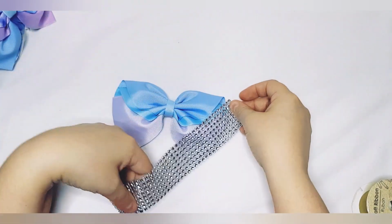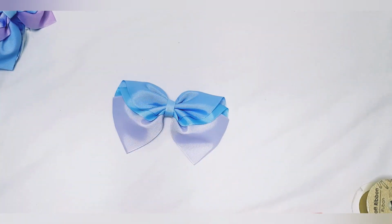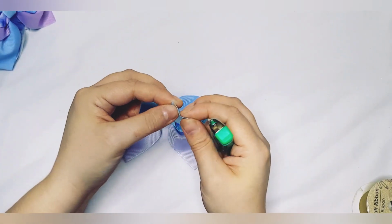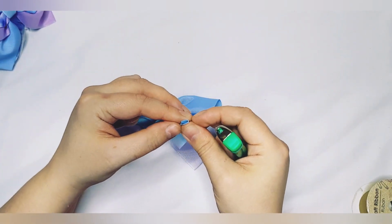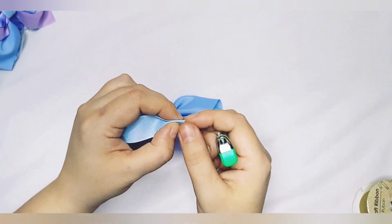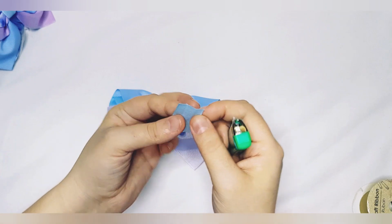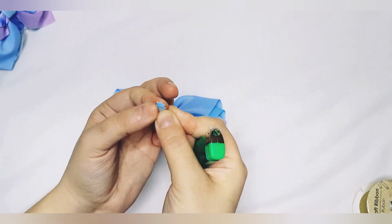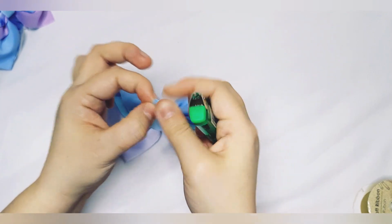Or you could do some around the edges if you wanted to, but I'm going to do my scrunch middle. But you can literally do whatever you want, whatever embellishments, whether or not you wanted to add a resin, play around, and completely make it yourself. So here, I make that S shape one way, pinch that together,